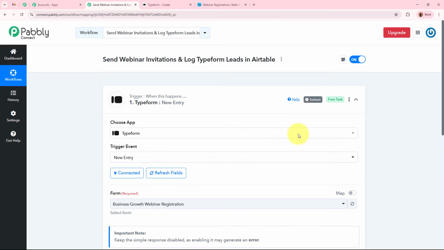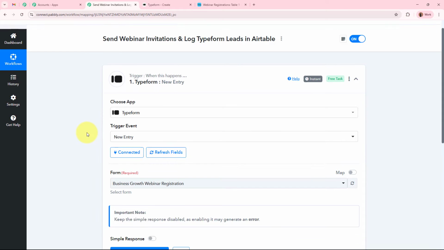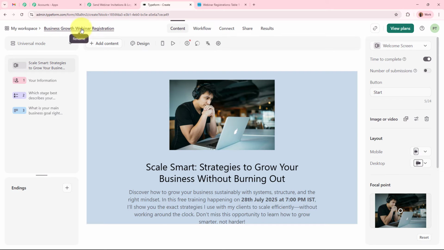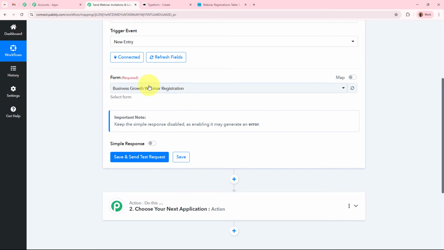And as I've done that, you can see Typeform is successfully connected to Pabbly Connect. After that, firstly, it is asking for me to select the form. Which form's data do we want to capture in our response right here? So for the form, I have created a form in the name of Business Growth Webinar Registration. So what I'm going to do is select the form over here as Business Growth Webinar Registration